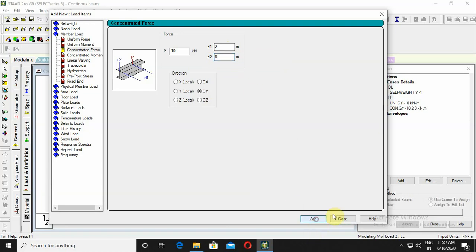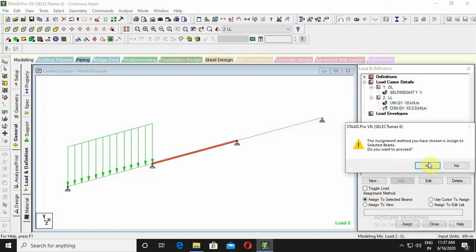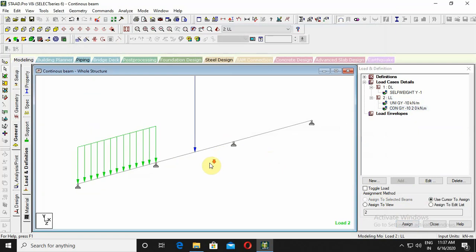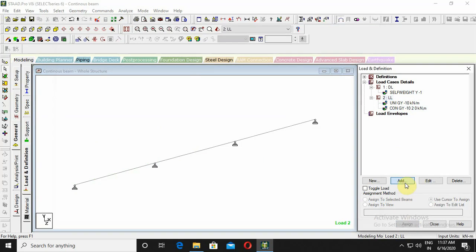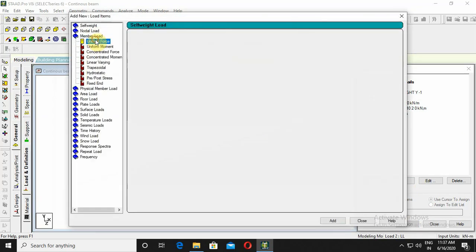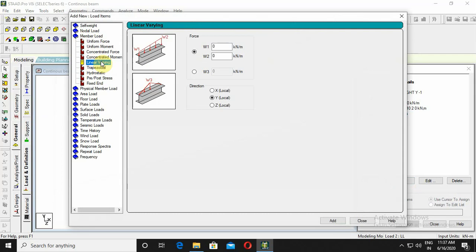Okay, now click on the add, close it, and then click on this one and click the second beam and click on the assign to selected beams and assign. You can see here the concentrated force is acting downwards. Similarly, if you want to assign the linearly varying load, go to the member load and then here linearly varying is there.